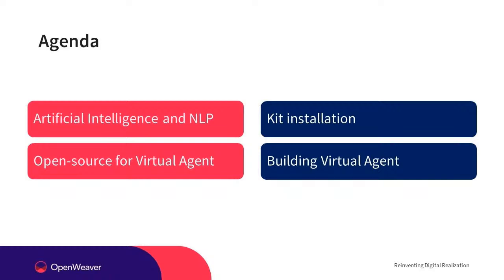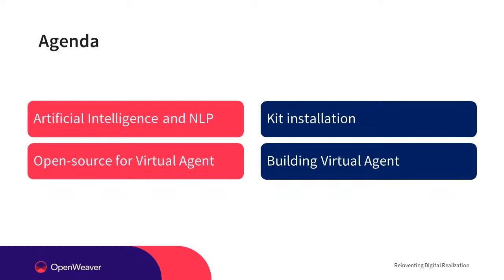So to be able to contribute to the larger good on the whole as well, you will use open source. We'll use all the open source tools and libraries to build this virtual agent today, and we will go through the kandi kit, which will help you get this virtual agent set up onto your systems. So we will follow our normal trend of getting the kit set up from the very starting of our session, so that we can work around the kit and maybe solve some of your issues, just in case based on your systems you are able to set and not set your kit.